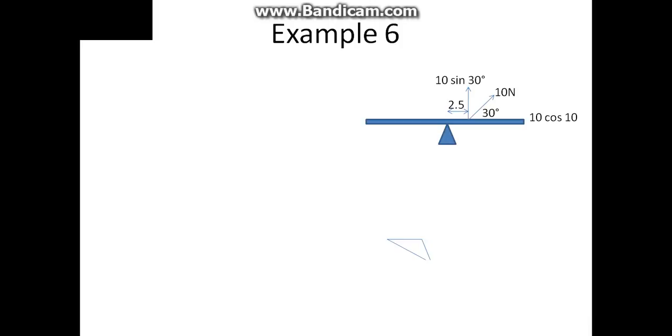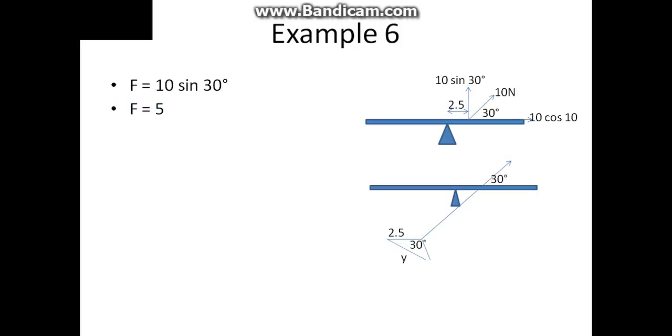Since we want to get the actual perpendicular distance Y, by resolving, we have our length to be 2.5 and the angle to be 30 and our Y unknown. Then sin 30 is equal to Y over 2.5. Therefore, making Y the subject of the formula, we have Y equal to 2.5 sin 30